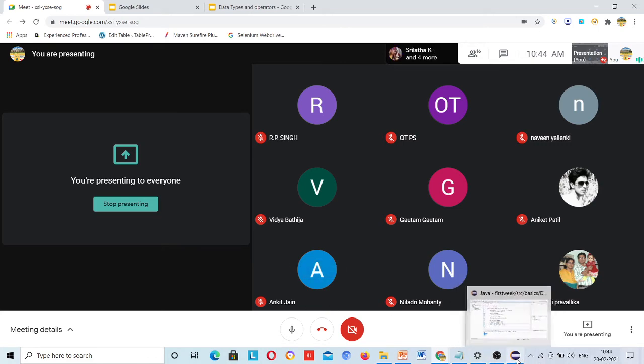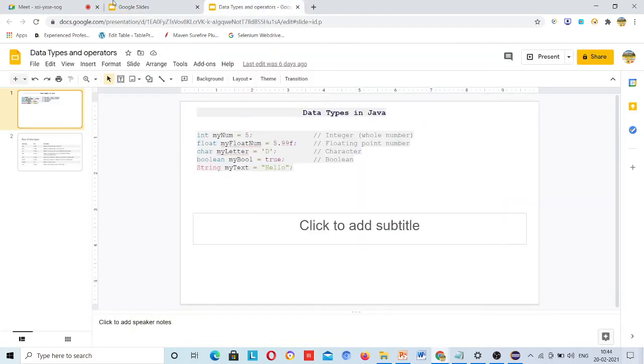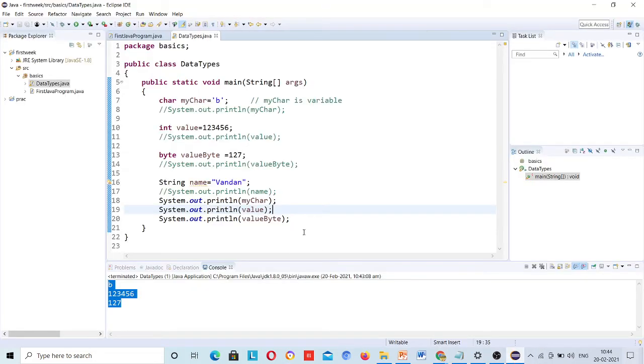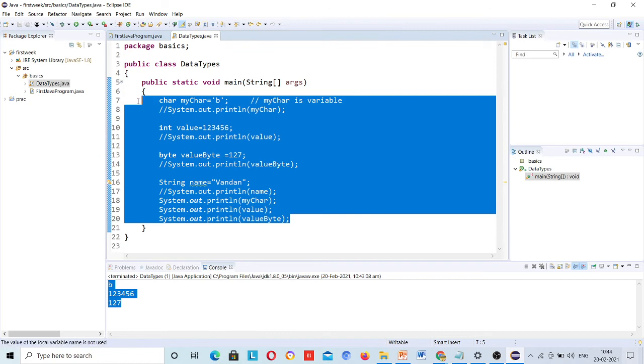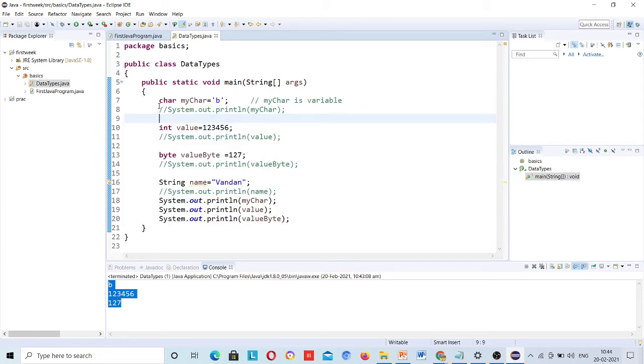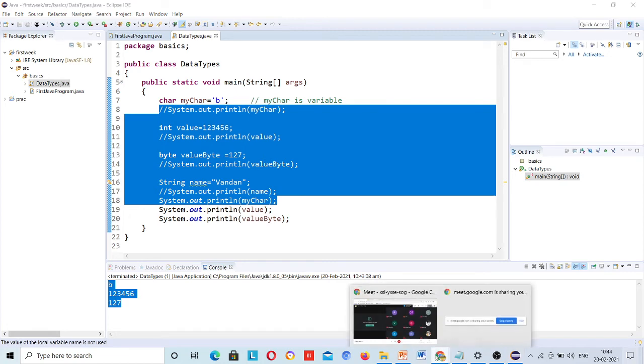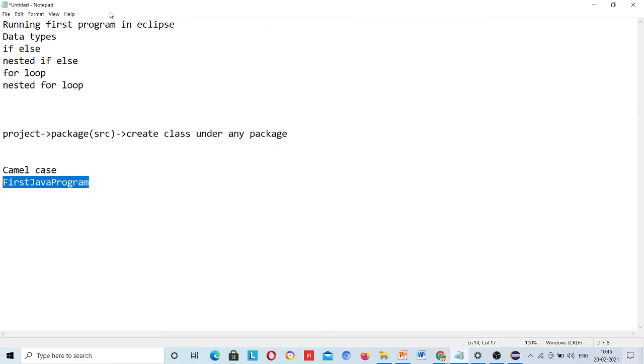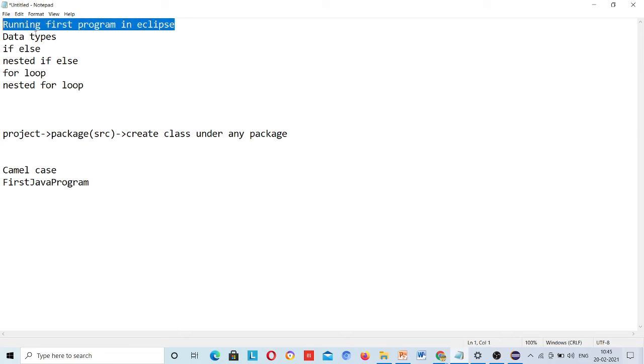Okay, so these are data types, many are here, so you need to try them in your system. I have given examples. This is very basic, guys. I'm starting from the very basic, so that you have some time to adjust to programming. Next week will be their classes, and tomorrow and then next week, so you have 5-7 days for doing these steps. So please start practicing, and then I will speed up my process, not too slow. So this is data types. Running the first program is done, and then data types, this is done.